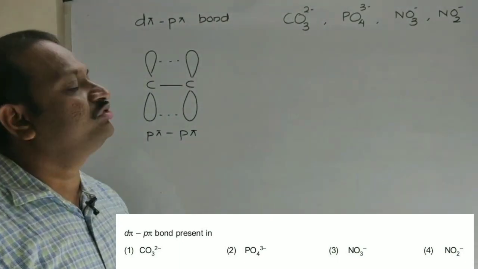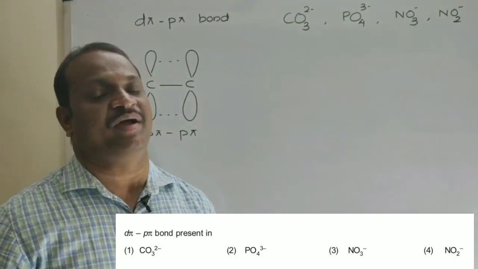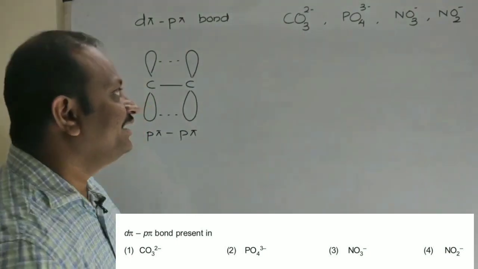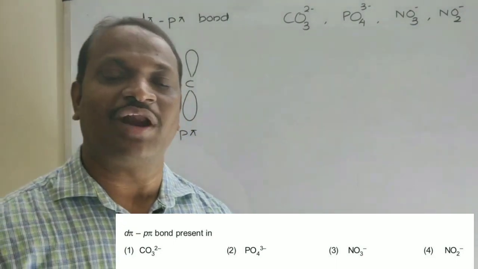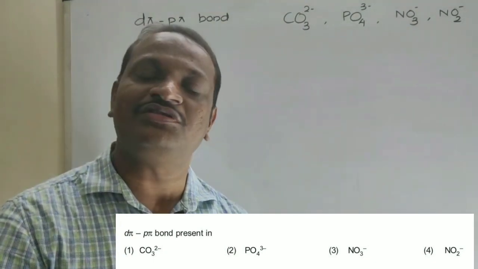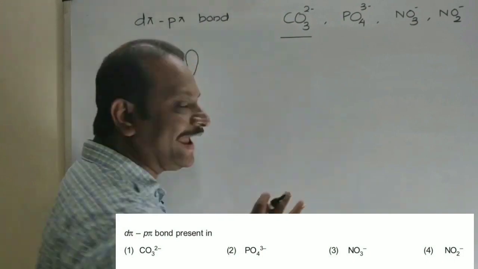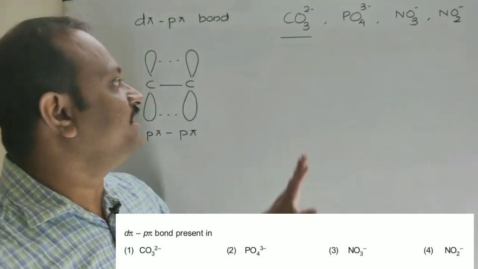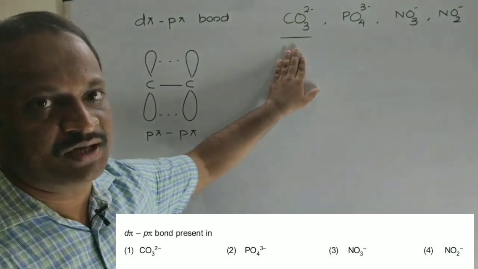But when we talk about this species, here in one compound we have a p-pi d-pi bond. So what will be that option? See, in carbon we don't have a 3p or a 3d, and in oxygen also we don't have a 3p or 3d. So in the first case, there is no involvement of a d orbital in the pi bond.